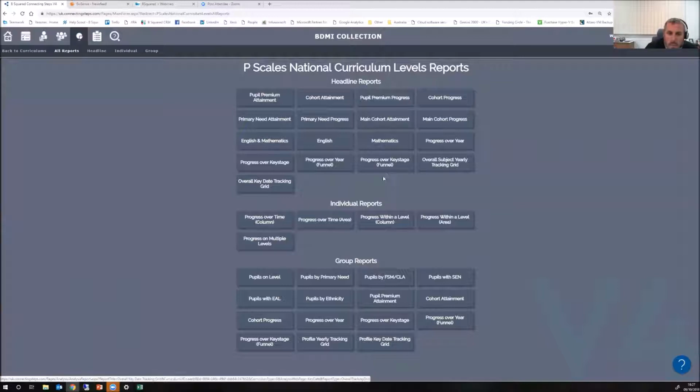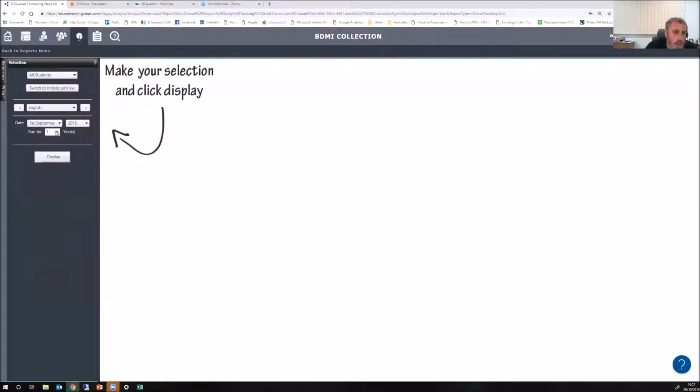We then have a couple of tracking grids. So the yearly tracking grid is quite good. However, as the government's just changed everything, it's going to take a while to build up some data to really make use of this. The idea is, again, you're choosing your group, you're looking at English, pick your date, and then how many years. So with this, I've run it for 3 years, and it will churn through and look at the last 3 years worth of data for that